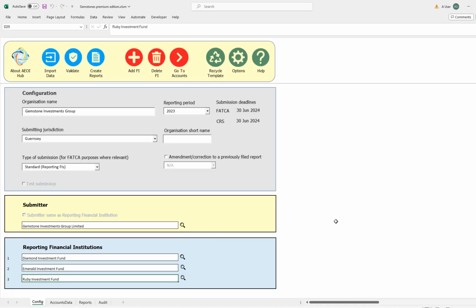The final area I'm going to look at in this session is how we deal with multiple financial institutions and the accounts that are associated. In this case, I've got three reporting financial institutions: the Diamond Fund, Emerald and Ruby.